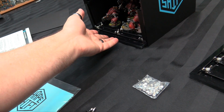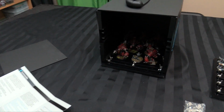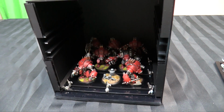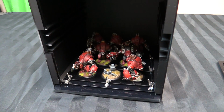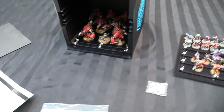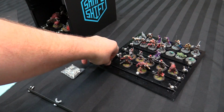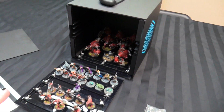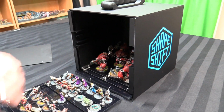So my plan here is, I am an experienced backpacker, so I am going to robust this thing up a little bit just to make sure it doesn't get damaged by me, because I'm sure that for normal wear and tear use, if you're just taking this to the game club and sticking it on a shelf, there's no way this thing's going to get damaged. But I'm going to put it on an airplane, throw it around in checked luggage, and